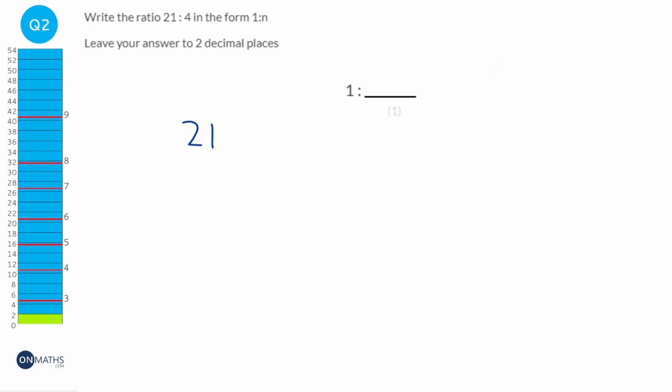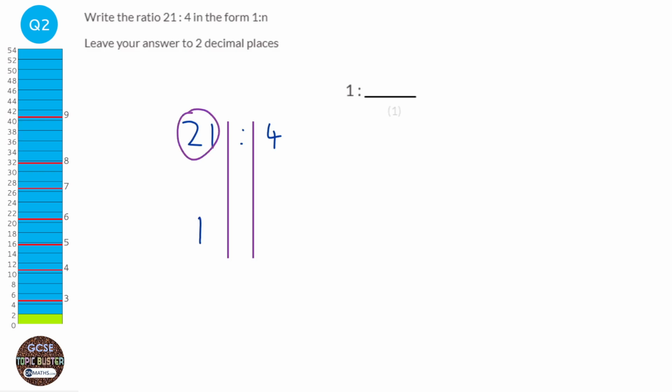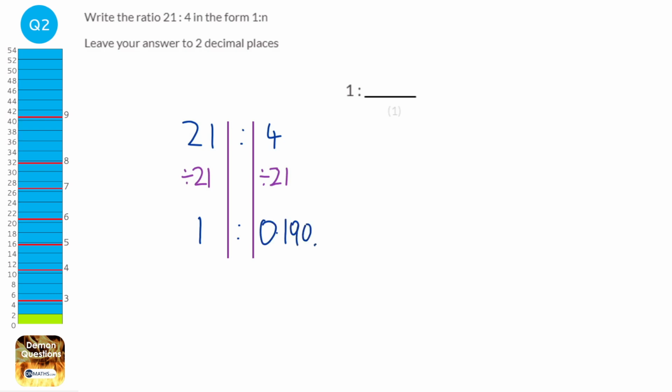So we're given 21 to 4 is the ratio. We're just going to have our lines in, because what we need to do is make the left hand side be 1. And to do that, for 21 I need to divide it by itself, divide it by 21, and we're going to do the same to the right hand side. So 21 divided by 21 is 1, perfect, that's what we wanted. 4 divided by 21 is 0.190 blah blah blah. It says it wants it to 2 decimal places,